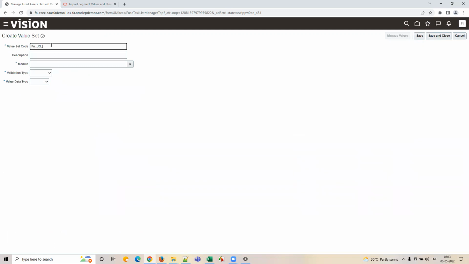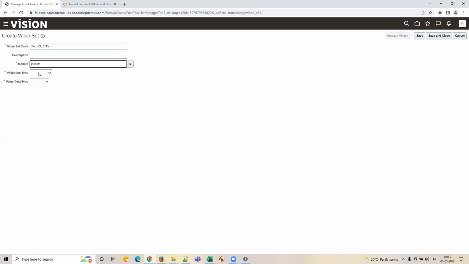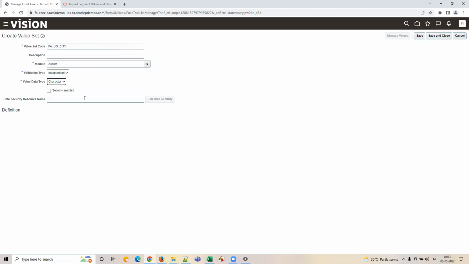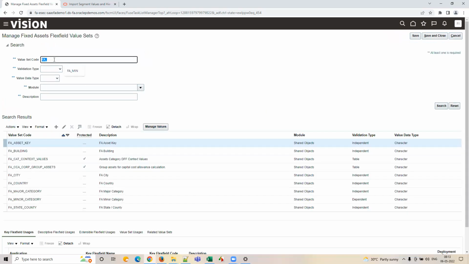FA underscore UG underscore CT. Independent character text. Go to the text 50 or something. Just save. I'm copying this. Save and close. What I'm going to do now is I'm going to navigate to my